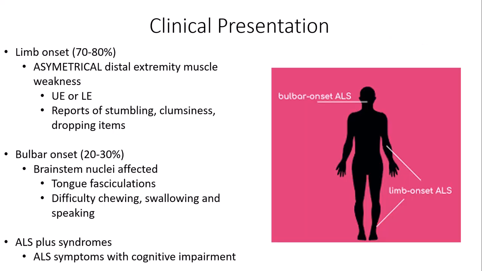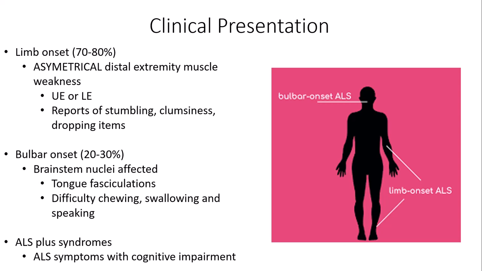Okay, another clinical presentation that you should be aware of is that the majority of the onset is known as limb onset, and this accounts for 70 to 80% of the patient population. As opposed to the Guillain-Barré presentation, which was symmetrical, ALS presentation is asymmetrical, and it starts with distal extremity muscle weakness, whether it's upper extremity or lower extremity. Patient's going to report difficulty with stumbling. They might feel clumsy with their hands, having difficulty buttoning their smaller shirt buttons, or they might have difficulty holding